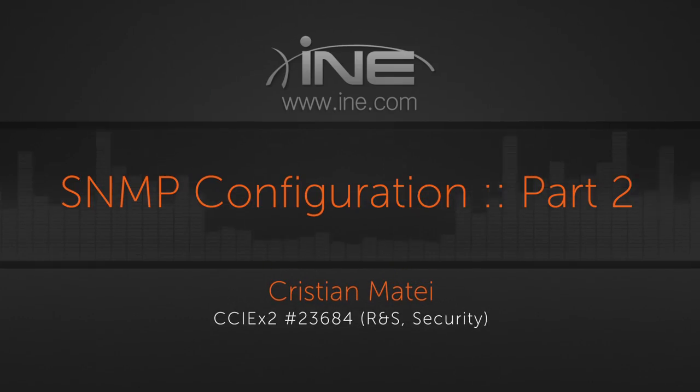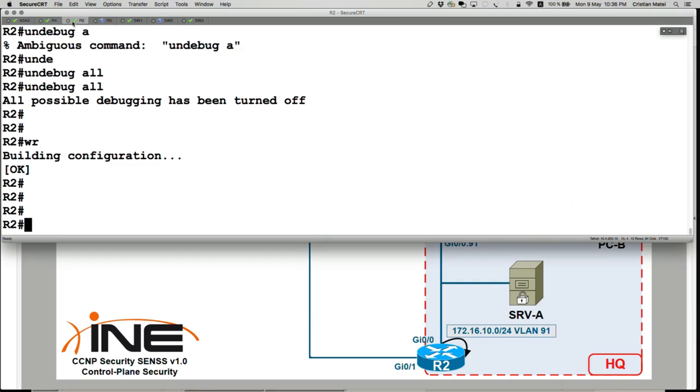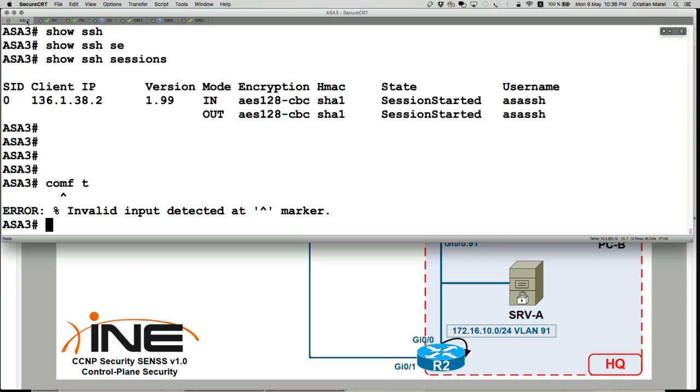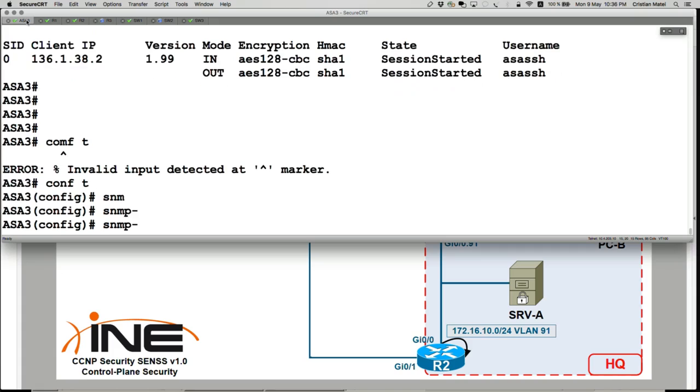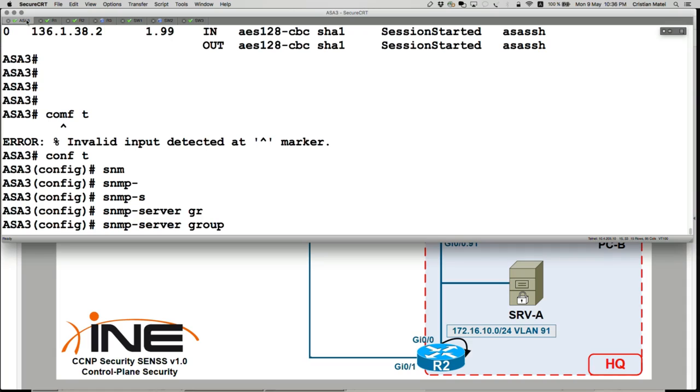Let's go configure SNMP version 3 on the ASA for the same reason and see if on the ASA we have better luck getting it to work. Conf t, the same steps. SNMP server group is going to be, let's say, sense group